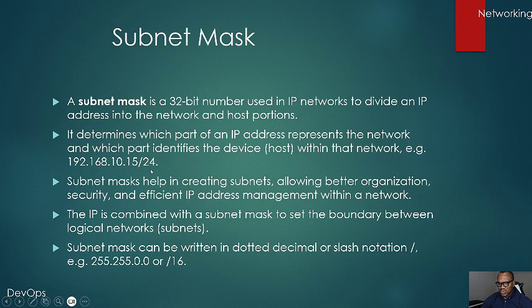The /24 you're seeing here is the subnet mask. This is used to determine the network portion of this IP address, and the /24 is telling us that they were using 24 bits for the network, and the remaining 8 bits will be for the host. So 192.168.10.0 is for the network, and this portion where 15 is remaining for the host, which can be from 0 to 255. So subnet mask helps in creating subnets, allowing better organization,